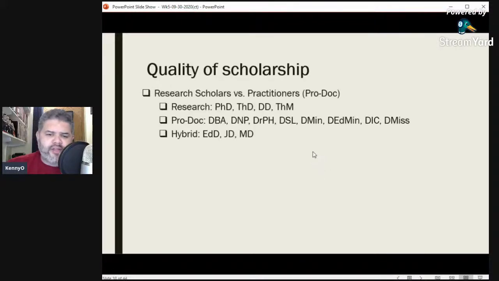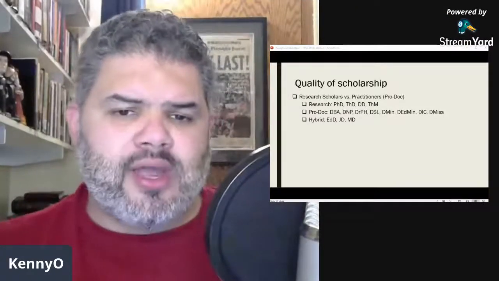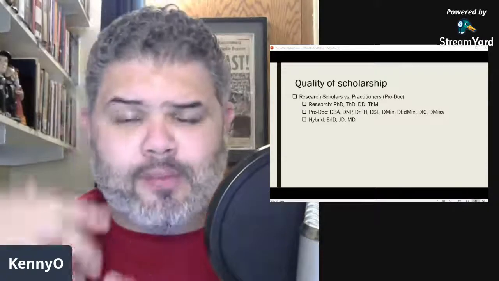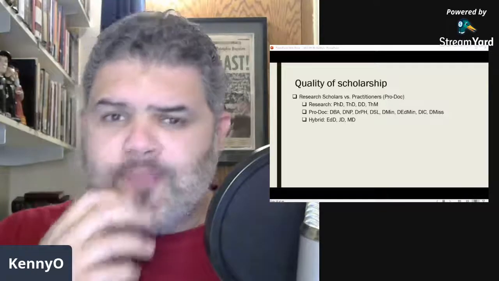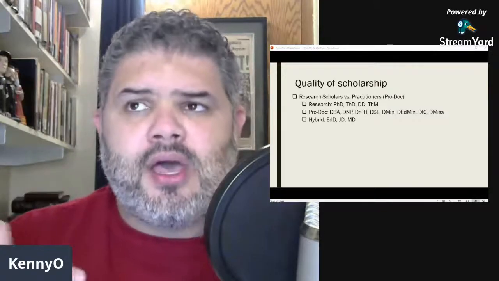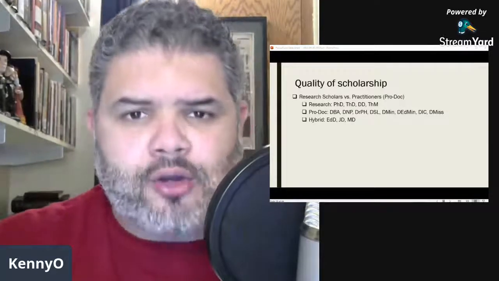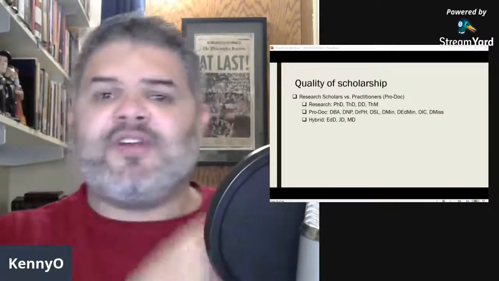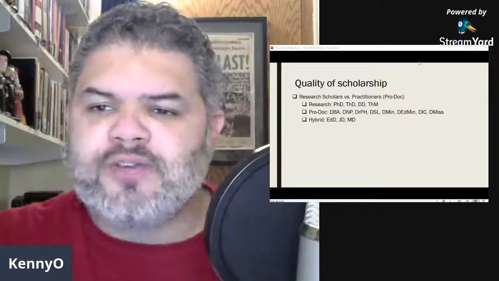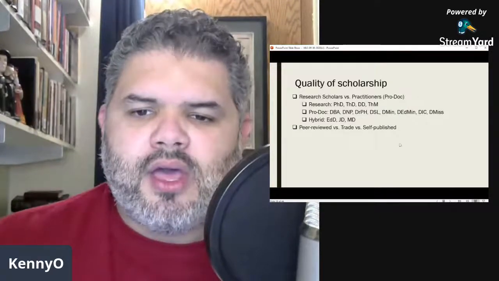There's different quality of scholars out there. I think it's important to know the difference between the different types of scholars that exist, pro-doc versus research scholars. If someone is a pro-doc, meaning they have a professional doctorate degree, you want to be utilizing them in the right way. So if your paper demands someone that has a research scholar background, you want to make sure you're not quoting someone that has an expertise in a different type of field. So I think it's just important to know the different types of scholarship that are out there.